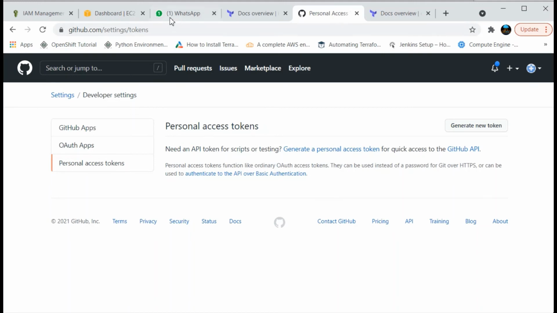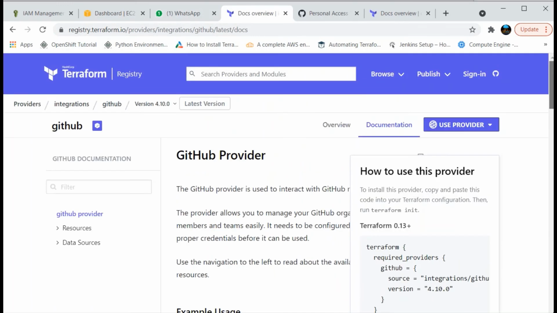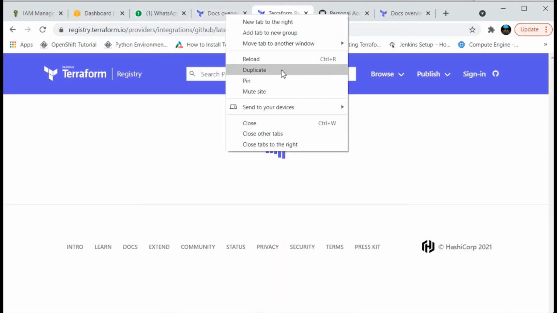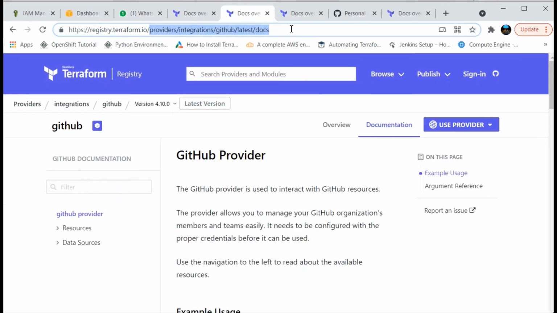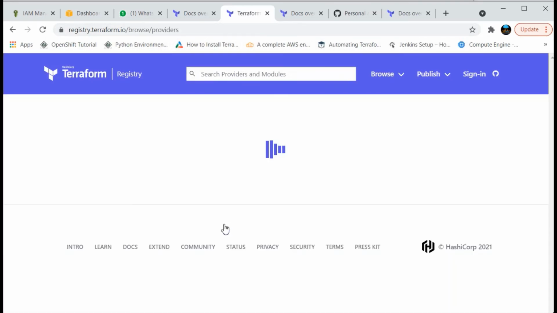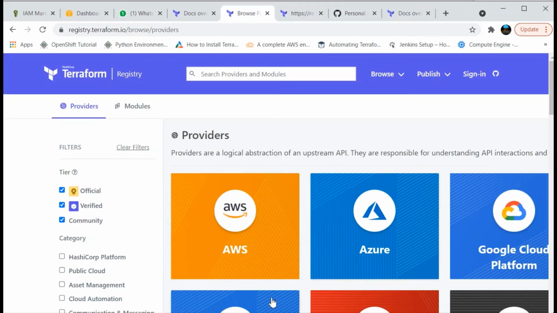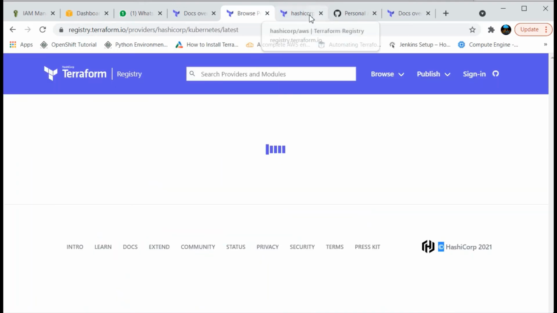Before that, I want to show you one thing here. Now we are in GitHub, right? Let me go back one step. I will open multiple tabs. I want to show you why we need to get the access token. If I click on Terraform registry, browse providers, you see I opened AWS and Kubernetes here.